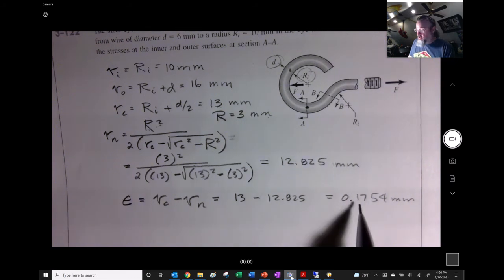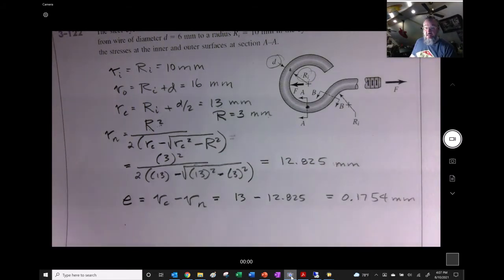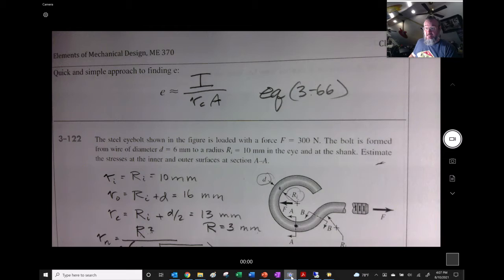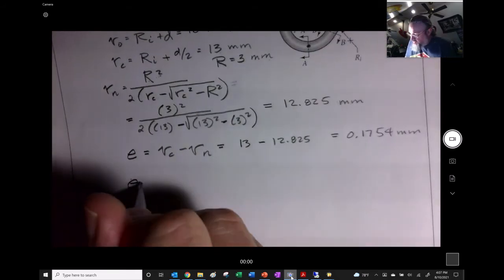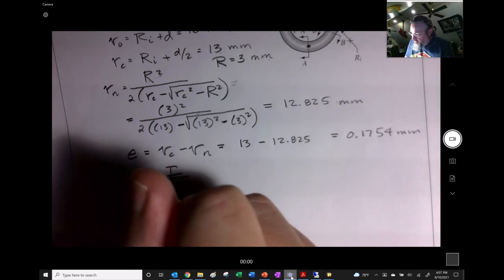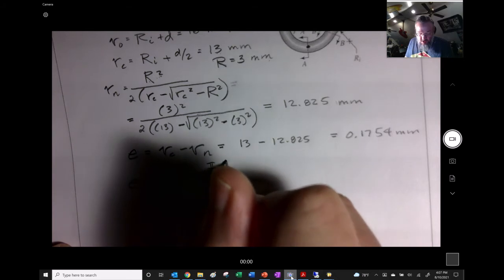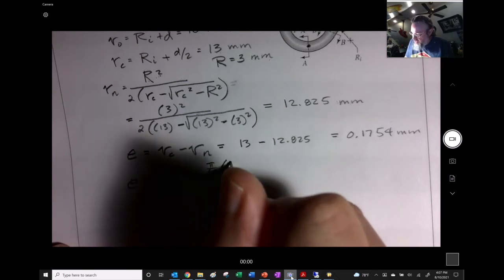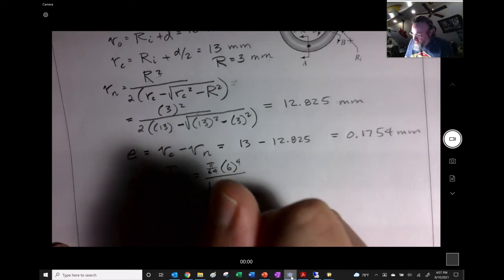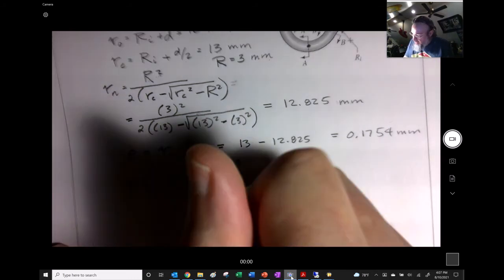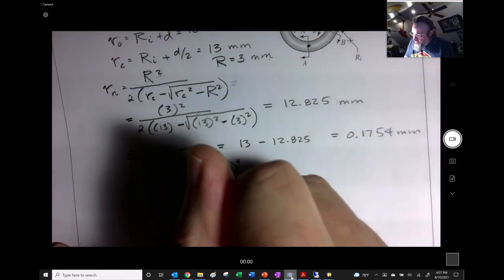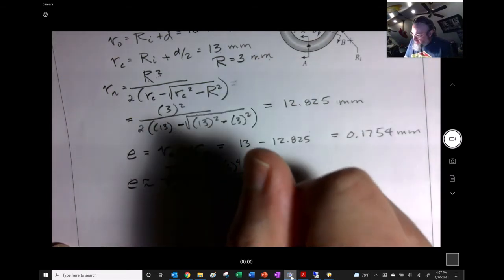That's pretty darn small right there, but we have to be careful because once again we're dividing by it. And by the way, if we wanted to check this thing up above, this 366, this would be the easiest one to check for. We say that I divided by RCA, and that's just pi over 64, and the diameter of 6/4 divided by RC, which is 13, and divided by area, which is probably worth calculating, pi 6 squared. We get